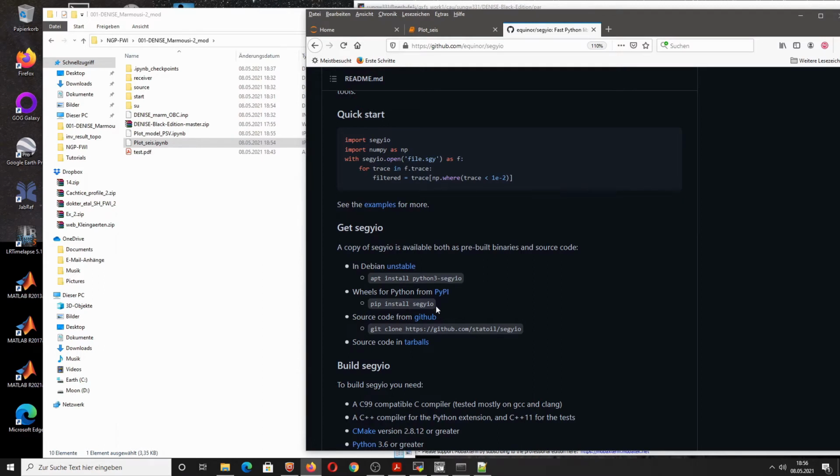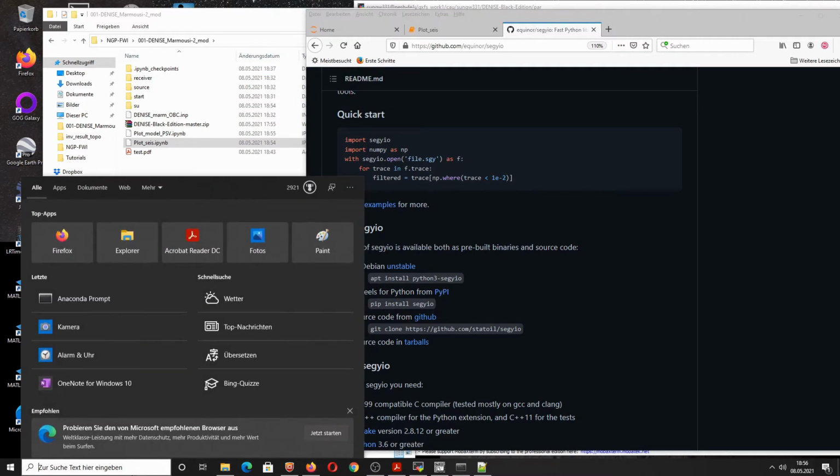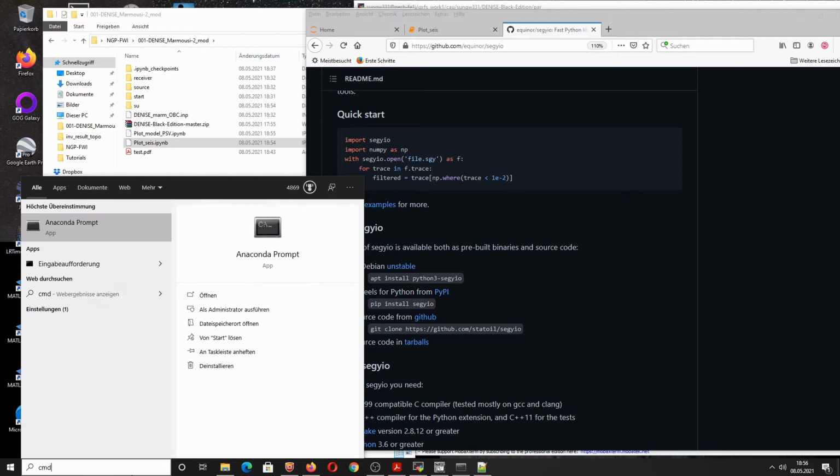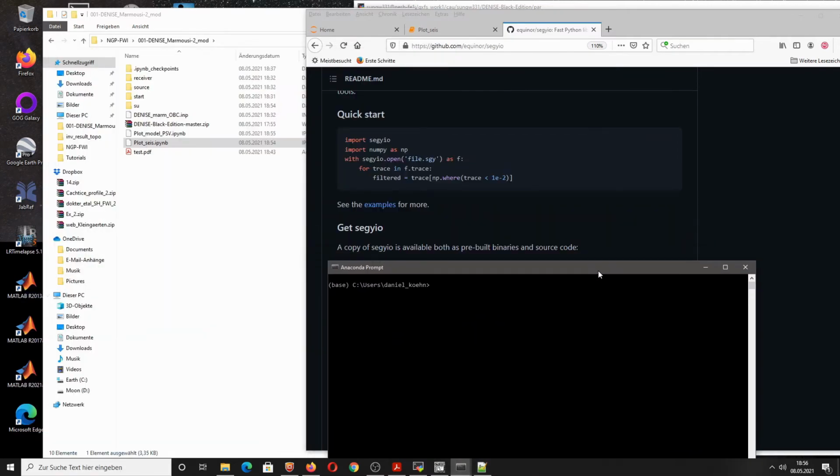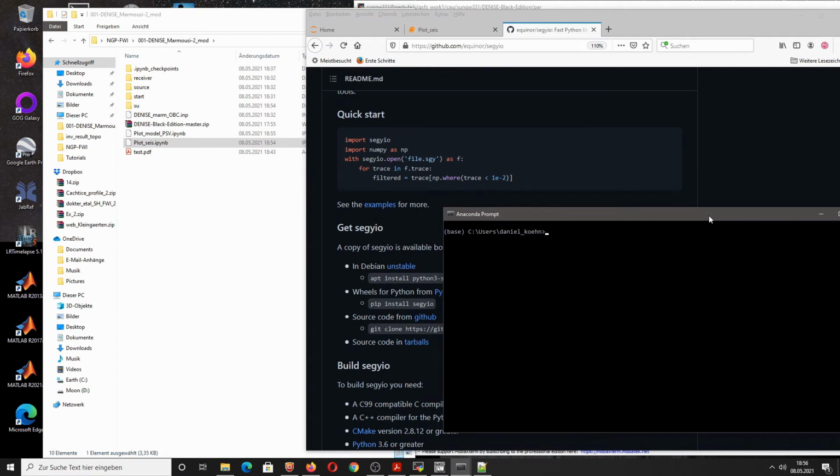So if you're using Anaconda, you can simply install this using pip. So what you have to do is you have to open the command window, Anaconda prompt, and then you simply type in pip install segyio.